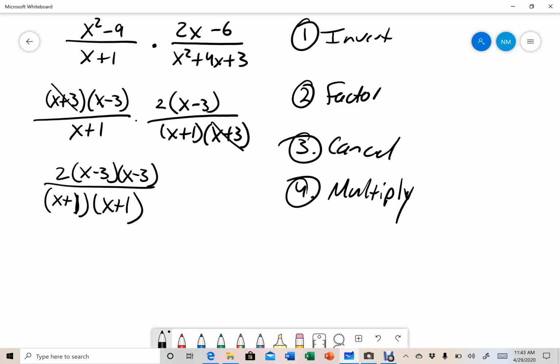Okay, now, because these here are the same, they're perfect squares, we're going to write them as 2 times x minus 3 squared over x plus 1 squared. Okay, so this then would be our answer. All right, and then of course we would multiply, or not multiply, not, we are going to